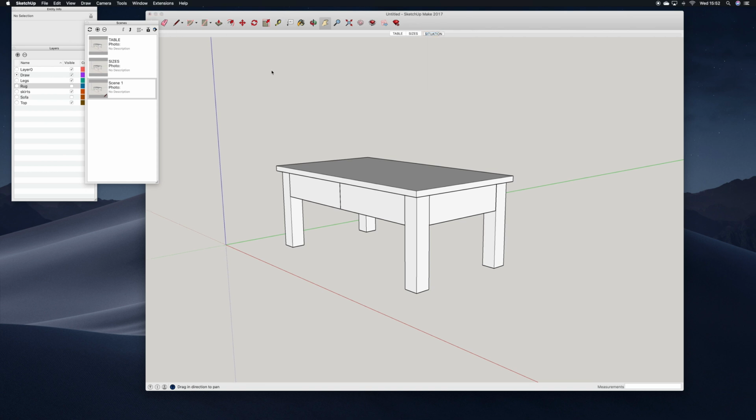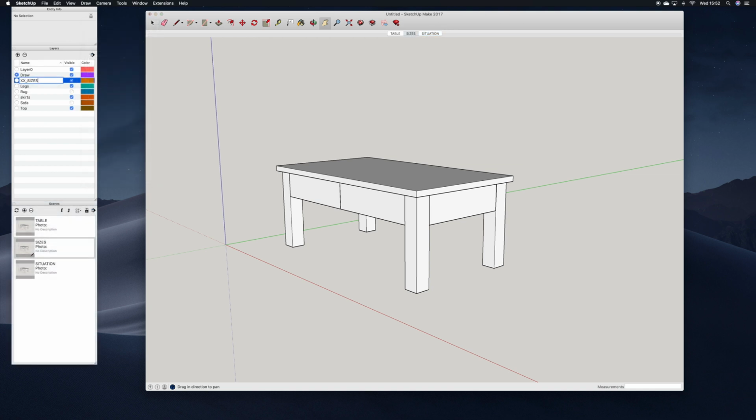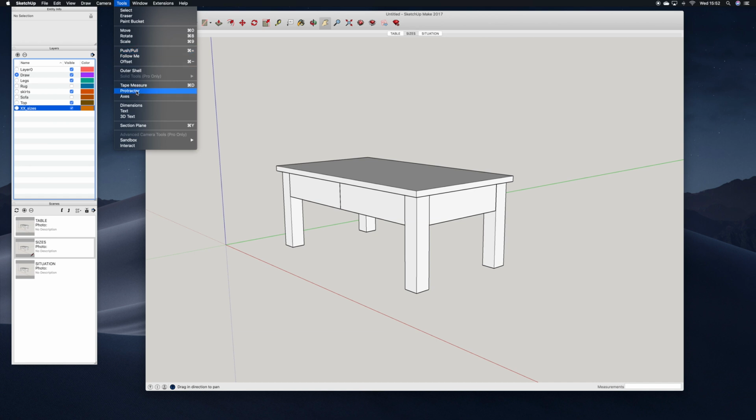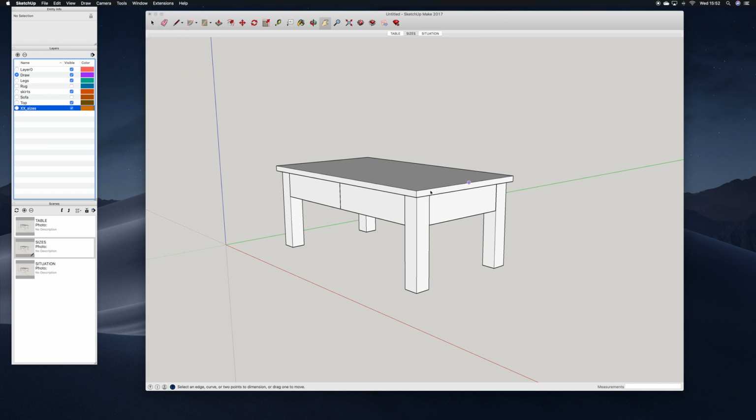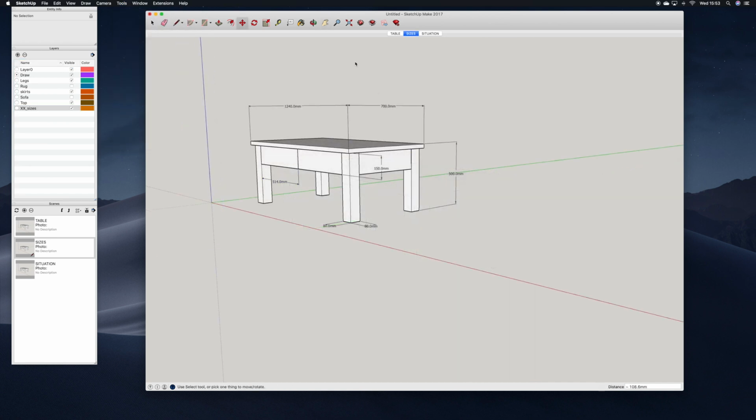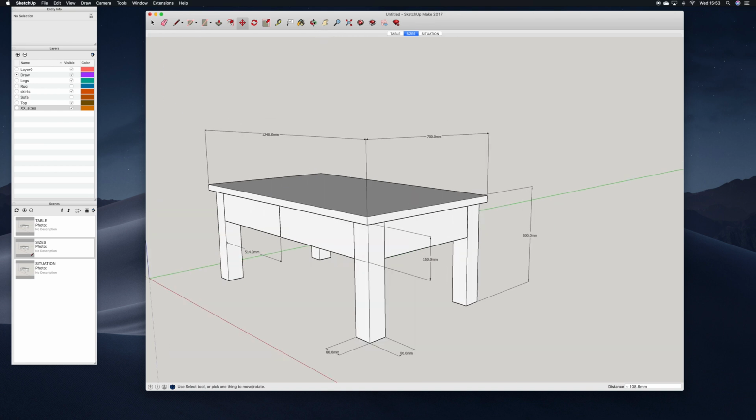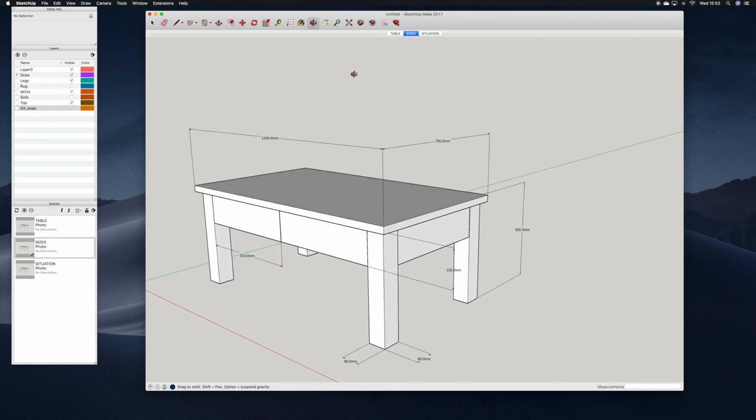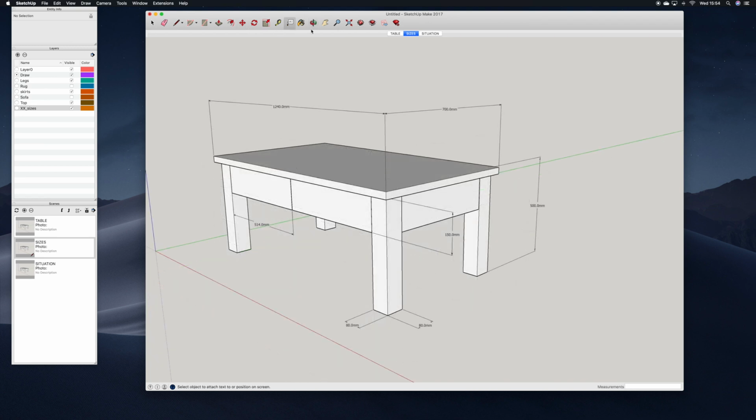So I'm going to add another new layer now, and I'm going to call this layer xx_sizes. And now I can come in with my dimensioning tool and we can put some dimensions on this. Some dimensions that will help the customer to visualize this in a bit more detail. We'll call out that everything is going to be, I think it was American